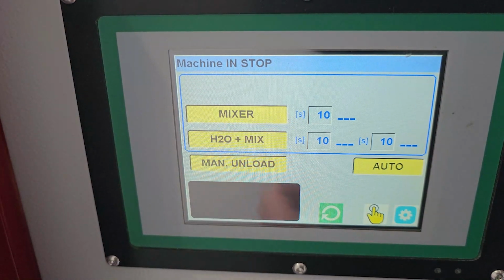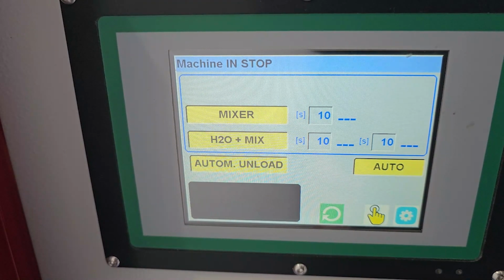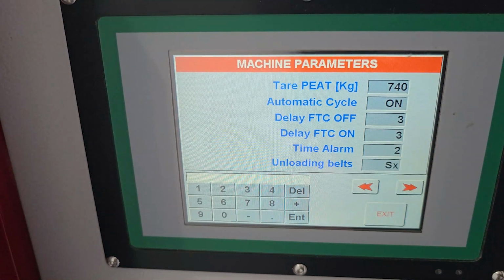Then you can pick manual unload or auto unload if needed. And yeah, that is as simply as we can put it for you. The machine is quite easy to use. We've got another button here into